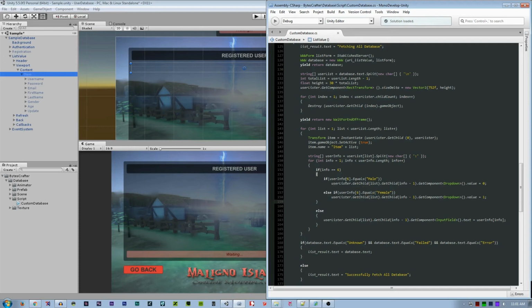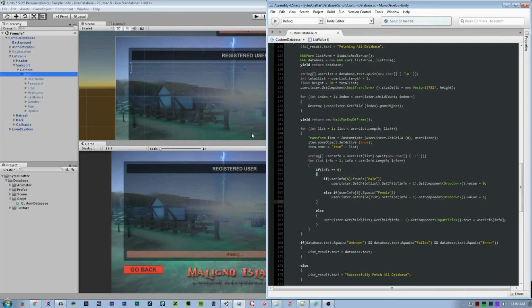If it is 6, user info array of 6 that is equal to male, it should change the get list, get child, and info, then get component, the drop down component here, that value is equal to 0.